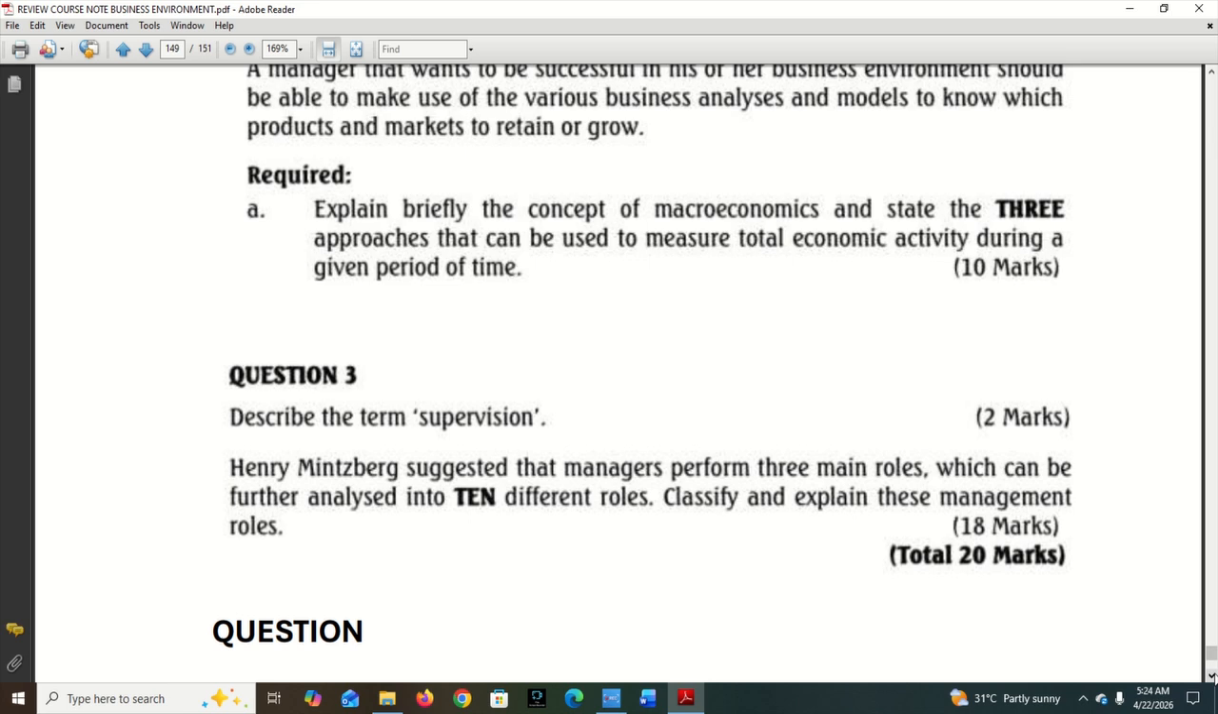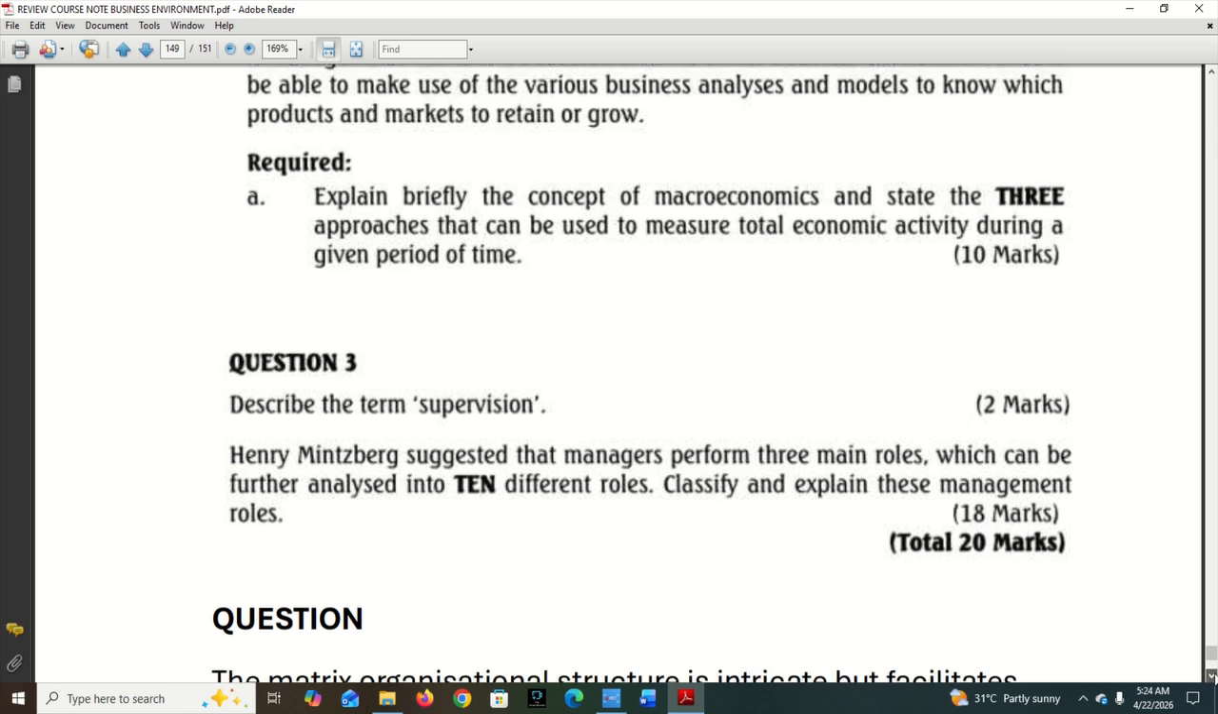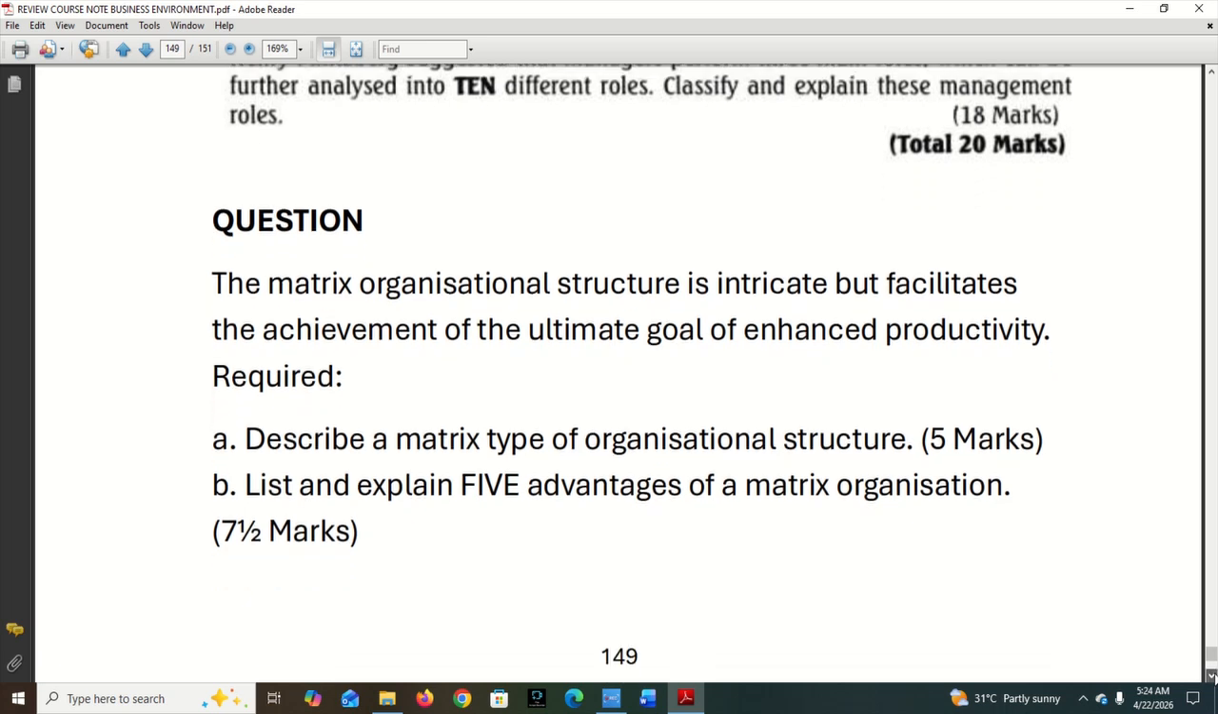Imagine for each of those 10 roles, you are writing 6, 7 lines. Before you finish the 10 roles, you have spent almost 40, 50 minutes. So please, that's how to approach questions in the exam. Let's look at more questions now. This is the last